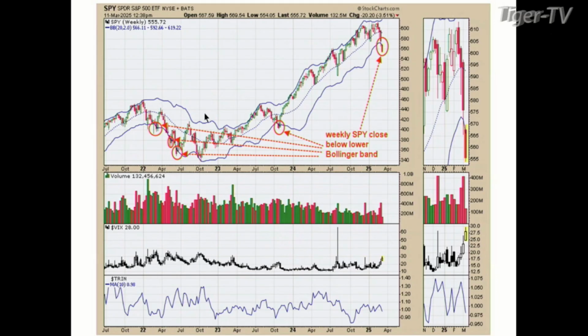Now, if it doesn't close below the lower Bollinger Band, a lot of times you come back down. Last week, if you look over here, we did get below the lower Bollinger Band. I'm circling over here on the right, and it closed above the Bollinger Band. I really didn't want to see that, but sometimes you keep going up anyhow. But now we're way below the Bollinger Band, so this is a good signal. Is today the exact low? Don't know, but this week, if we close below the lower Bollinger Band,